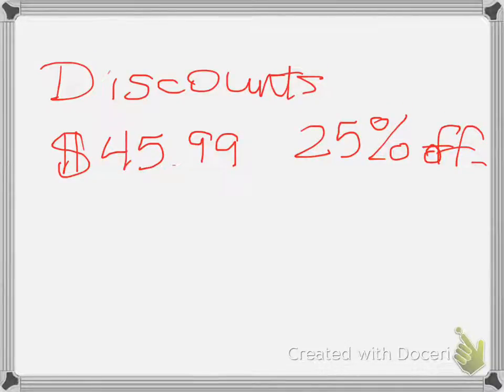Okay, pre-algebra. Today you are doing an assignment where you're going to be learning a little bit about discounts. And you guys all know what discounts are: when you go somewhere and the things you want to buy are on sale. So how you find a discount is you take the price of the item, multiply it by the discount percent, written as a decimal, and then you're going to subtract that discount amount